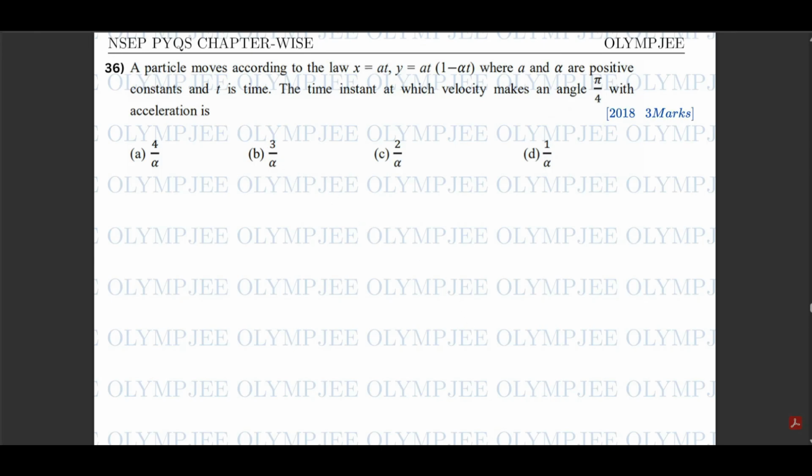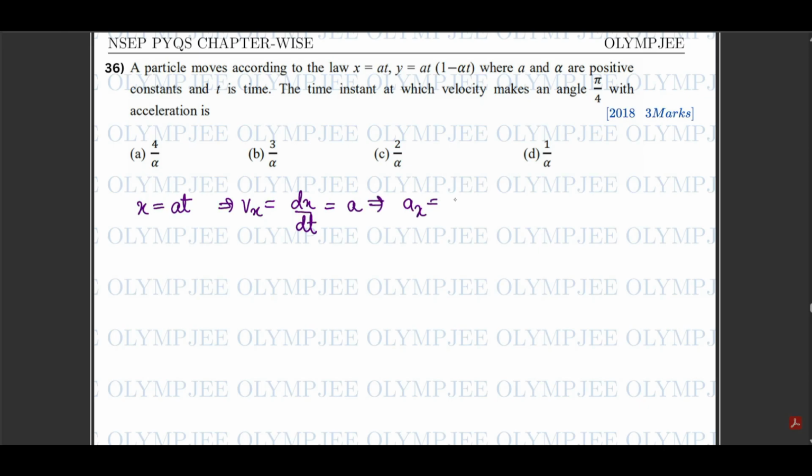Question 36 says a particle moves according to the law x is equal to at and y is equal to at1 minus alpha t, and these are constants and t is time. The time instant at which velocity makes an angle 45 degrees with acceleration. So x is given as at, which implies vx is dx by dt, which is a. This implies ax is equal to 0 because velocity is constant, and y is given as